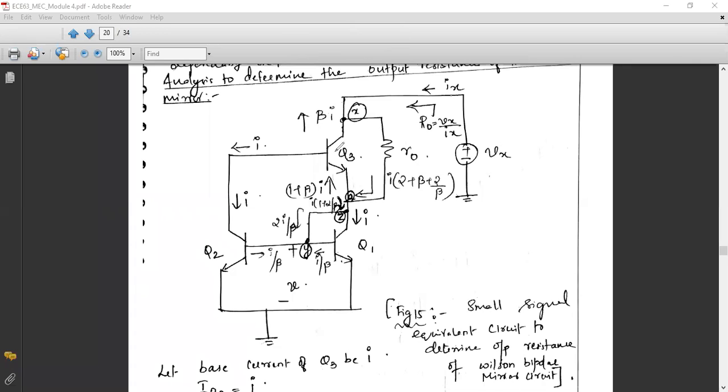Draw the circuit diagram. Here we have used three transistors Q1, Q2, Q3, where the output resistance of Q3 is denoted by R0, which is connected between the collector and emitter terminals, respectively denoted as X and A. I'll take this node as X and this node as small letter A. And also we have a short circuit between the base and collector of Q1, that is between the terminals Y and Z. So Y and Z is short circuited, and we have a finite resistance R0 between collector and emitter of Q3. This is nothing but the internal output resistance of transistor Q3.